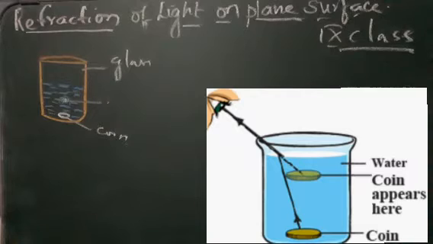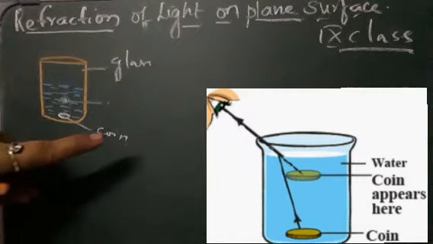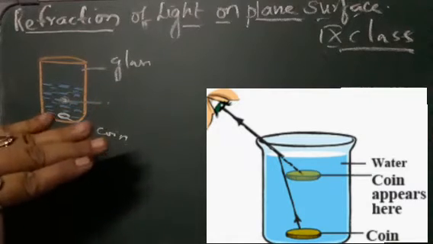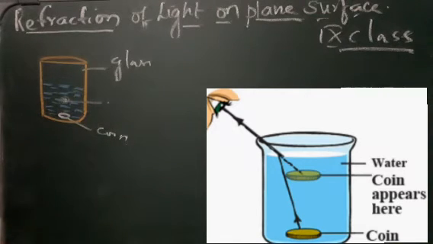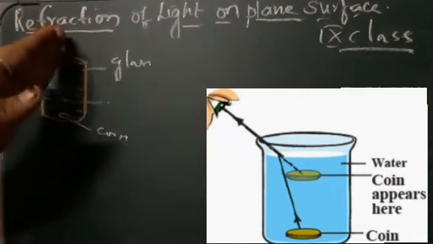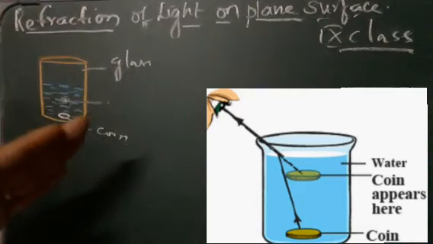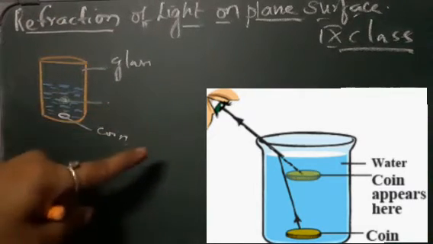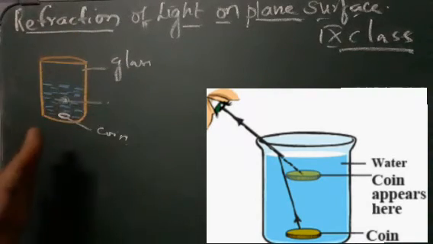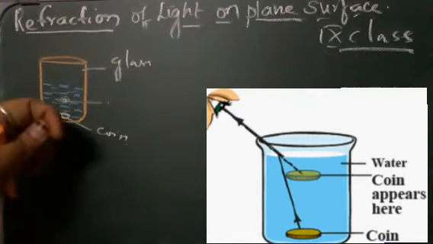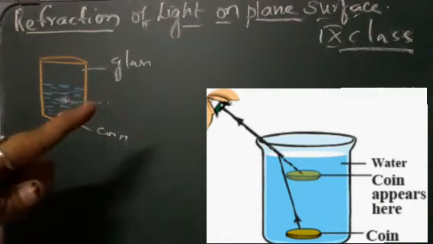Similarly, if you place a pencil in a glass tumbler, how does that figure appear? It appears like this. In the figure you see, the pencil appears to be bent. Yes, the pencil appears to be bent, but actually is the pencil bent? No, the rays are refracted and what comes to our vision is that the pencil is bent, but actually the pencil is not bent. That is because the light is refracted, it is not reflecting, it is getting refracted. That's why it is showing that the pencil is bent there.